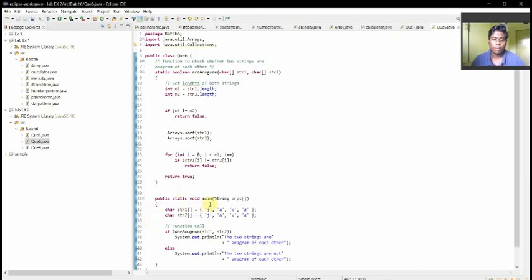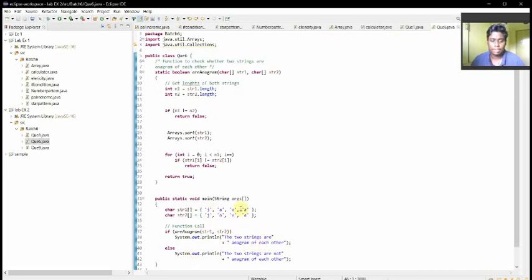Then public static void main(String[] args), character array 1 is J A V A, and character array 2 I am also giving the same, J A V A, because here the two character arrays are the same. Then it prints, in the if condition, the two strings are anagrams of each other.